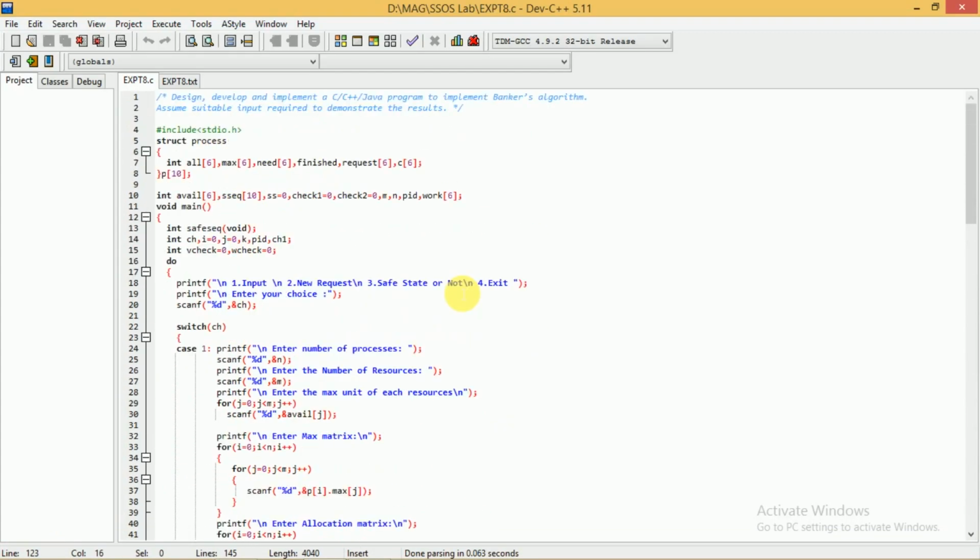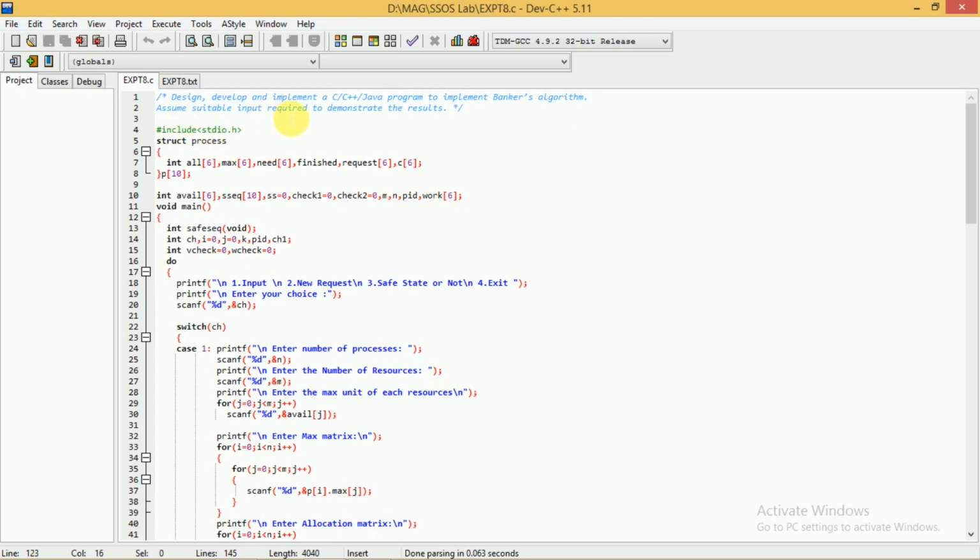This is a C program to implement the Banker's algorithm. Although it looks lengthy, it is very easy to understand. This is the aim, that is you have to design, develop and implement a C, C++ or Java program to implement a Banker's algorithm.